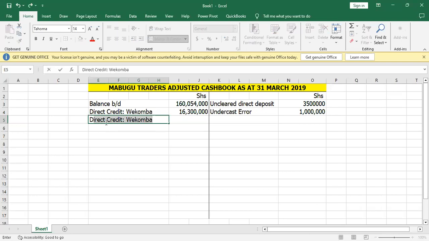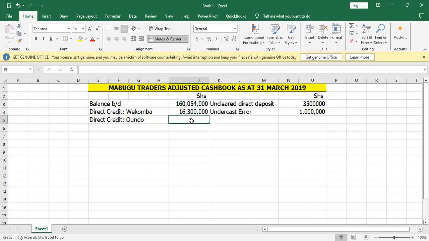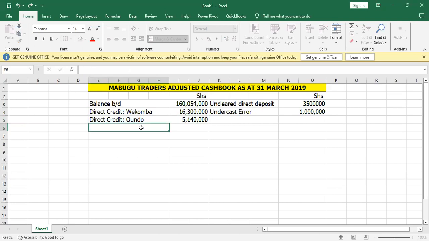Have another direct credit. By how much? The amount is 5,140,000. Then what else do we have? We move to note